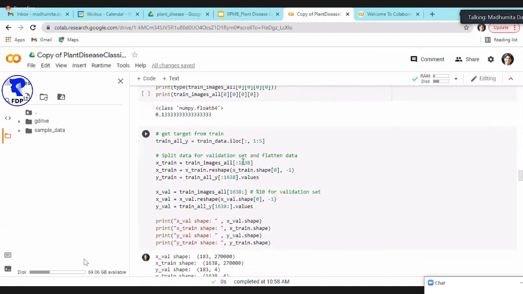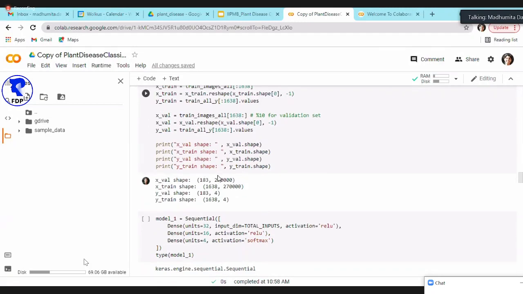Okay. So what I do here, there is a train test split function also, which you can use. But I'm just doing it manually. I am just taking the first 1638 rows as training data, and the remaining rows, 10% data, for validation. So if you see here, the validation shape is 183 and the training shape is 1638.